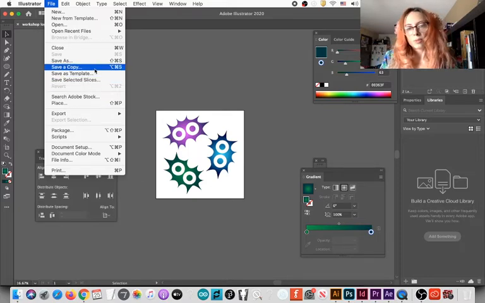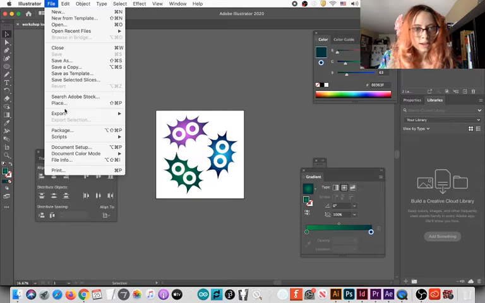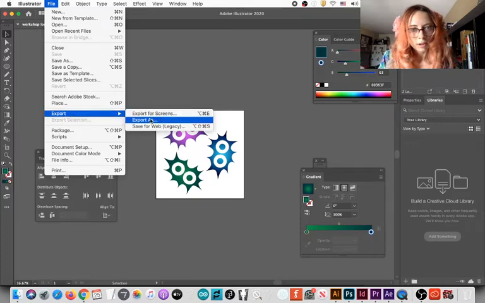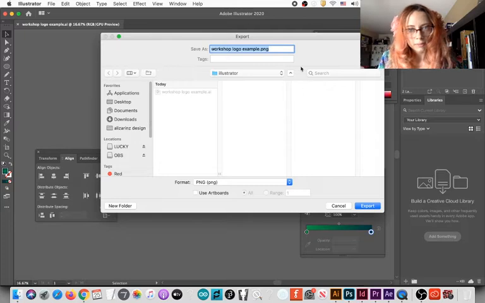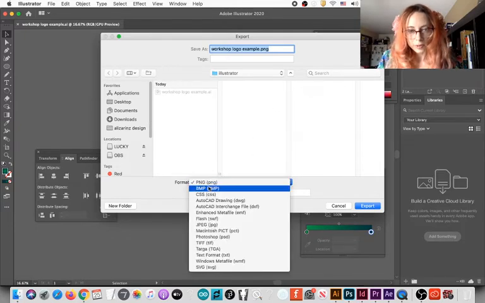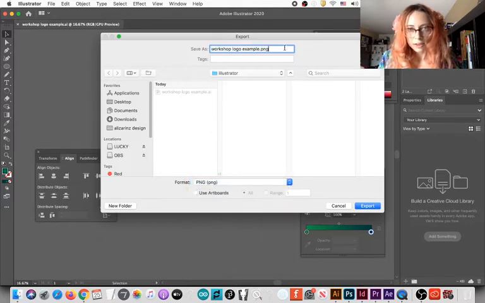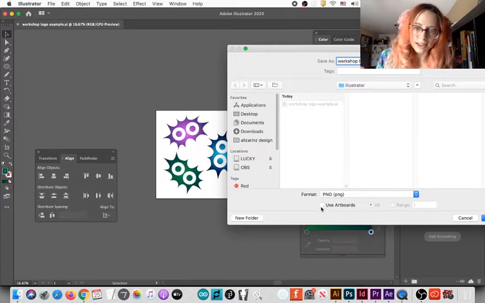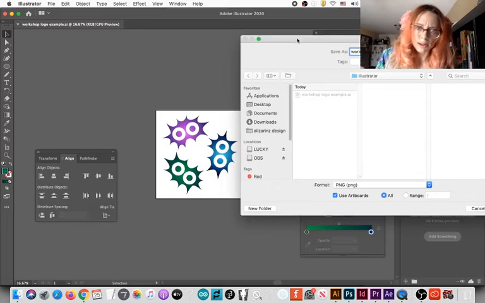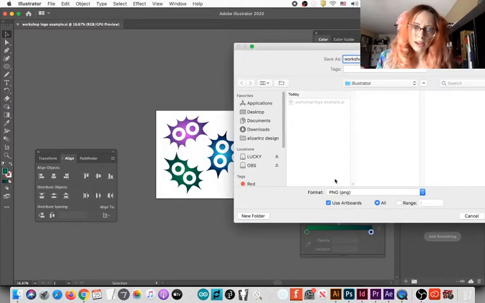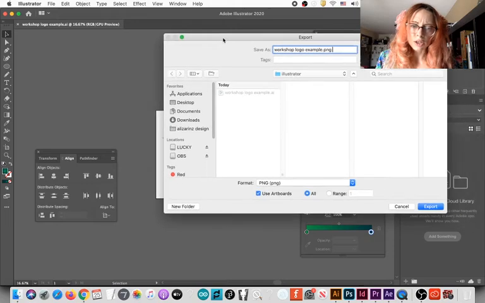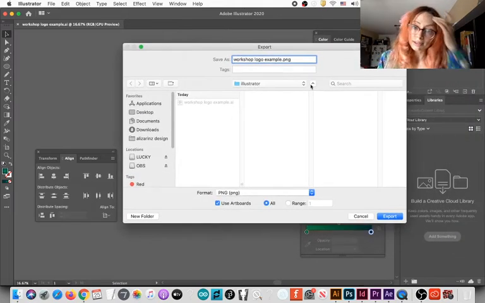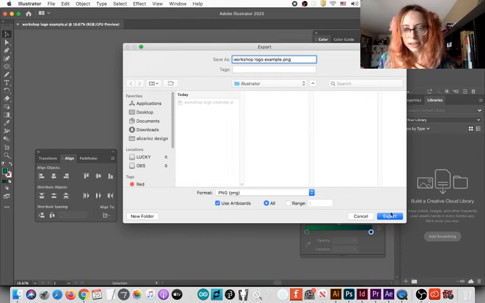To be able to work with whatever this shape is, we can export it. Using Export As, you can export it as many types of files. The most useful of them all will probably be a PNG. PNG is a transparent file type. Using the artboards or not will define the size of the canvas file. If I do not use artboards, it will only include the shape without the white space around it. So let me export this like that.